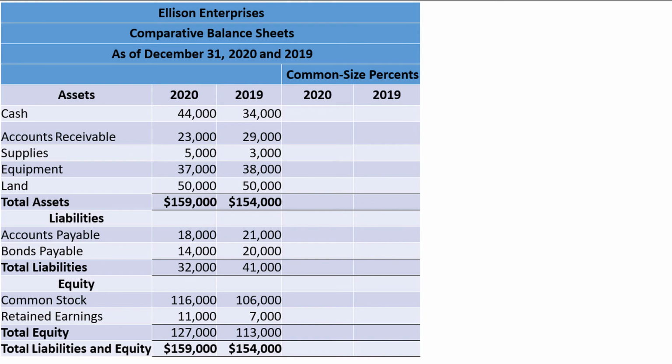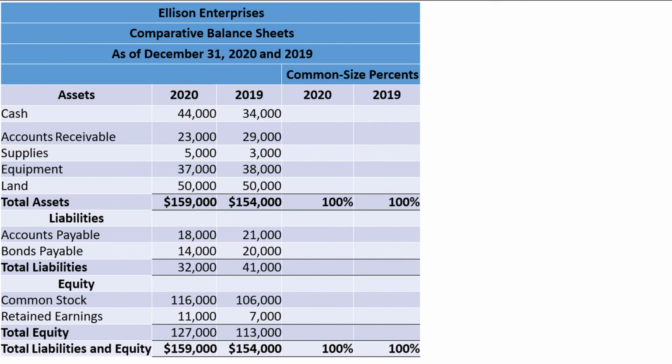First, for the balance sheet. As previously stated, the common size statement for a balance sheet typically represents each value as a percentage of the base of total assets. This means that both total assets and total liabilities and equity are considered 100%, and every other item will be expressed as a percentage of these values. To find the common size percentage, we take the analysis amount and divide by the base of total assets. You can multiply by 100 to get the amount in percentage form.